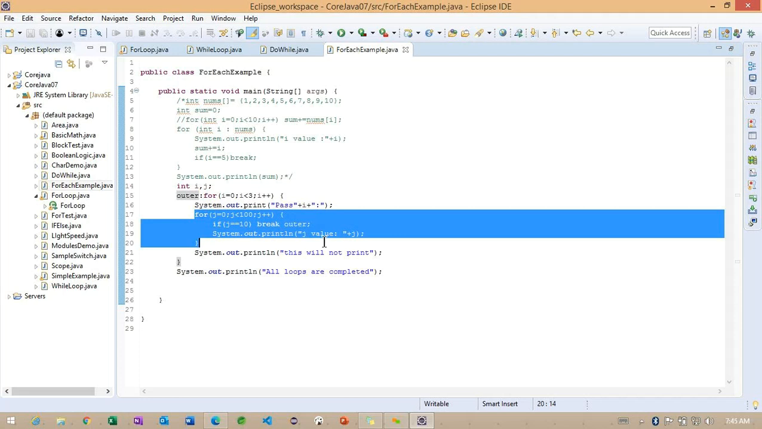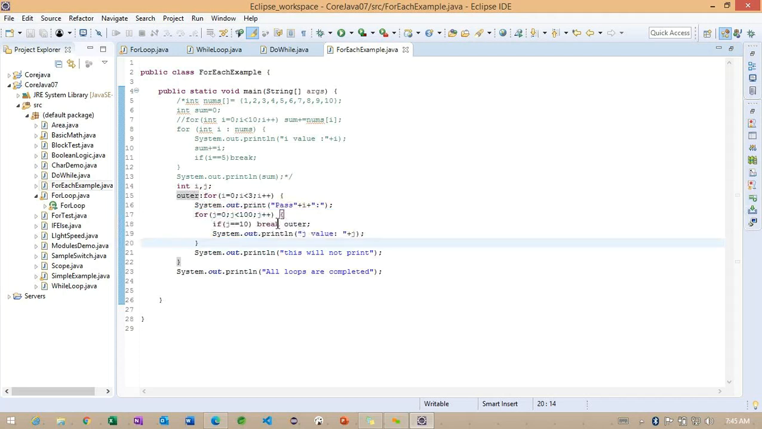Whenever we are working on nested loops, if you want to stop the outer loop, we can work with the break statement using the name of the outer loop. Right. So we identified the break statement. We'll try to check with the